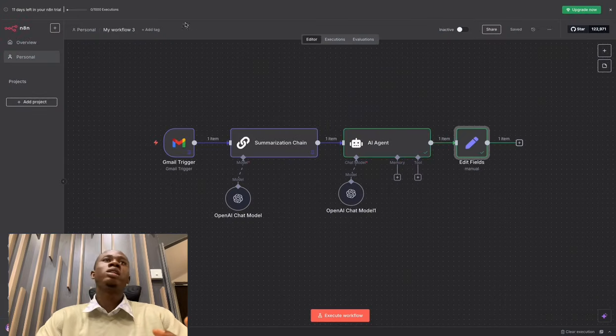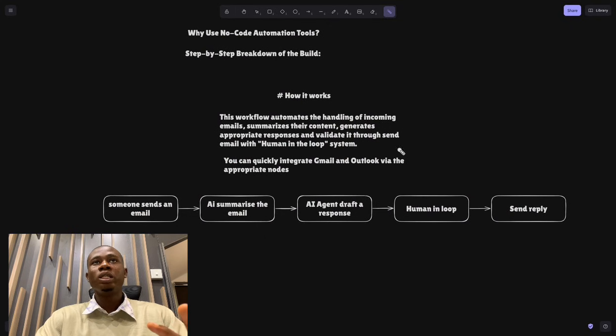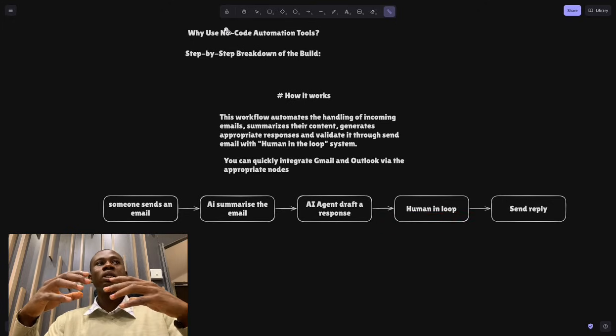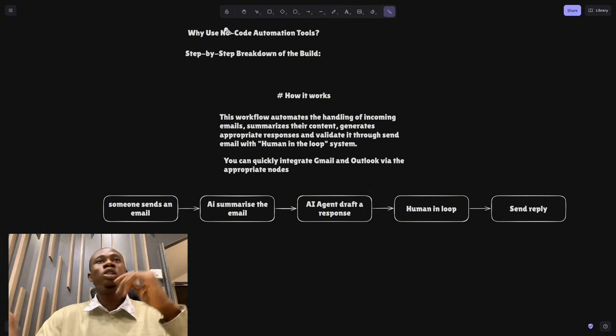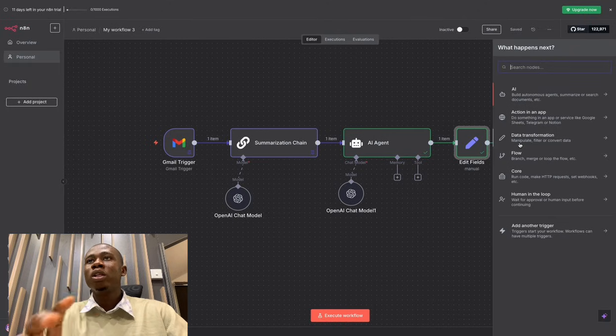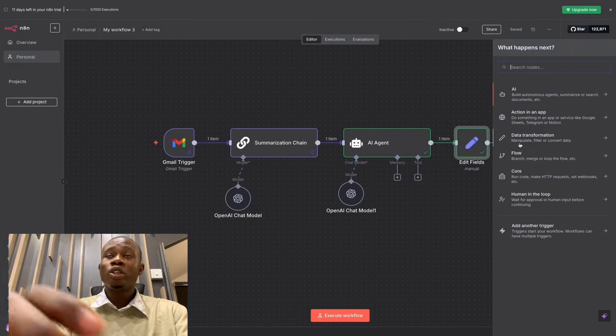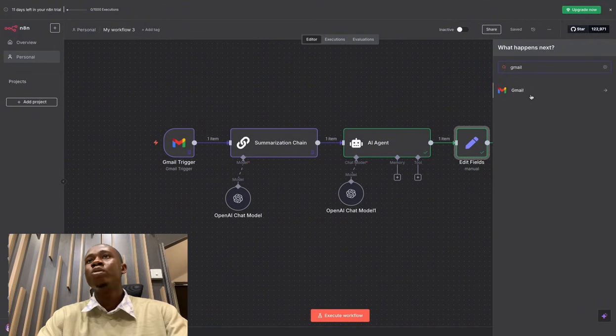So now that we have that, let's go over to the next node. The next node is going to be human in loop, just like we have in the workflow diagram. We're going to set up a human in loop system that would automatically make you review the email that is coming in. Then if you approve it, it will send it over. So we go back to the workflow, click on a plus button. The human in loop is going to be found in the Gmail node, because we are going to be using the Gmail node